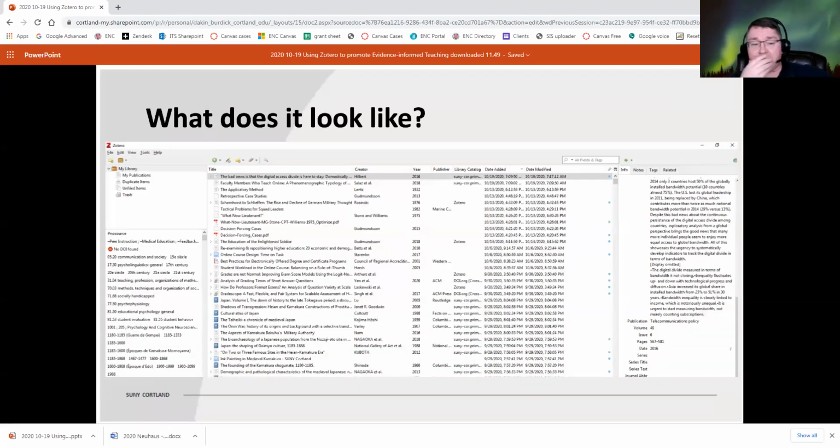So this is what it looks like if you're in the Zotero database. This is the desktop application. There's also a web cloud version, and there's also an app you can use to pull things from OneSearch. There's a number of different tools. This is the desktop, and what you see essentially is it lists the title and the creator, the author in other words, the year of publication, the publisher, the library catalog it was drawn from, and the date added and date modified,